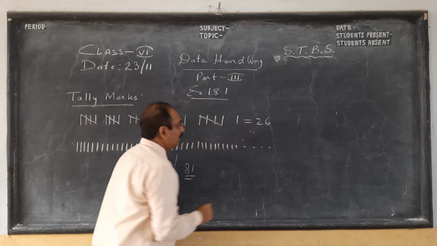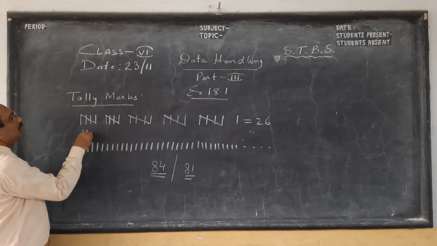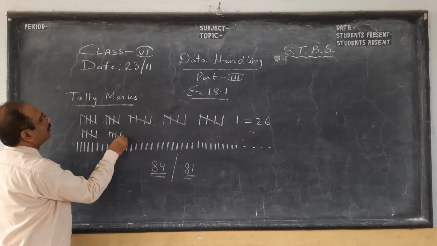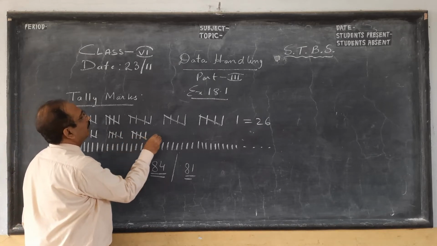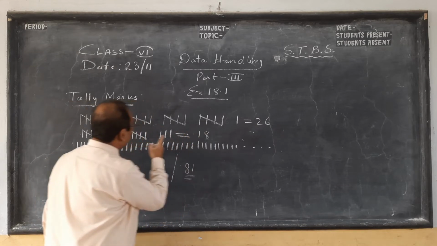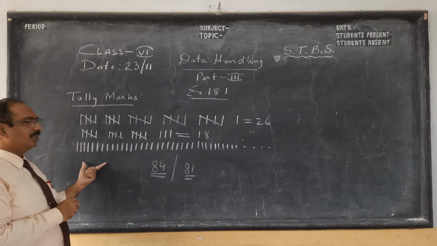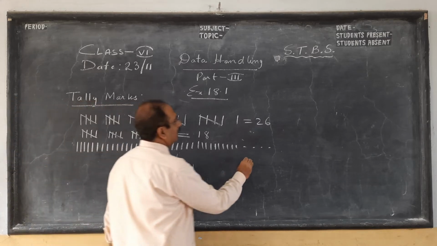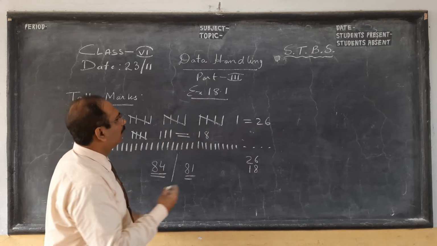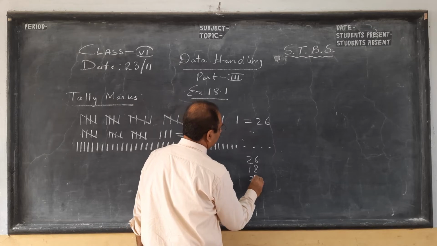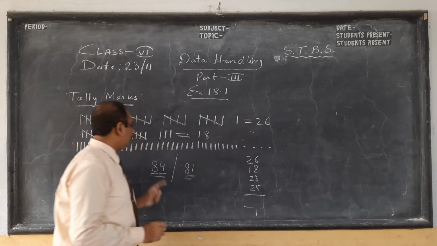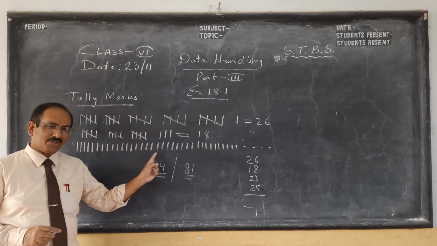He could have done this in his diary for each week. Suppose next week we had 18 clothes. So like that for 4 weeks in a month. Finally we would have added 26, 18. Suppose in another week he was given 23 clothes, then the last week he was given 25 clothes. So we could have added them, but imagine how many lines that old man had to draw.